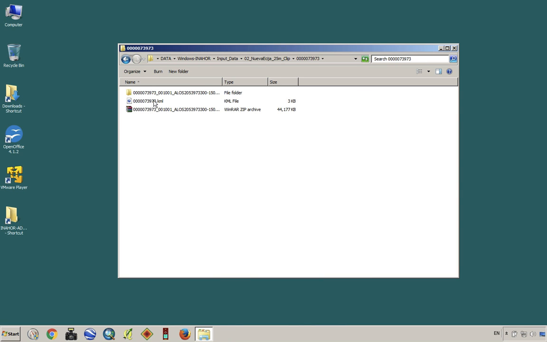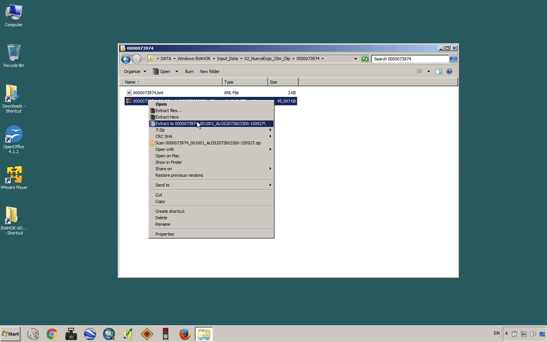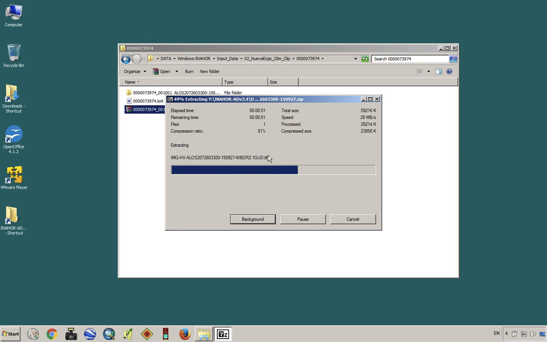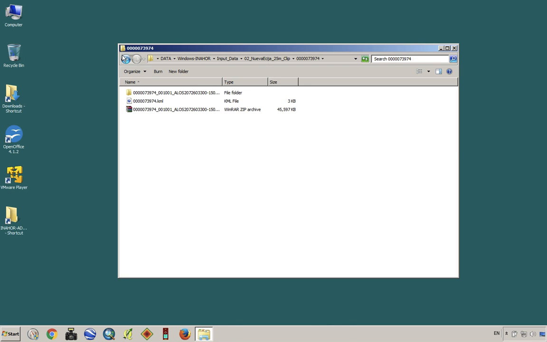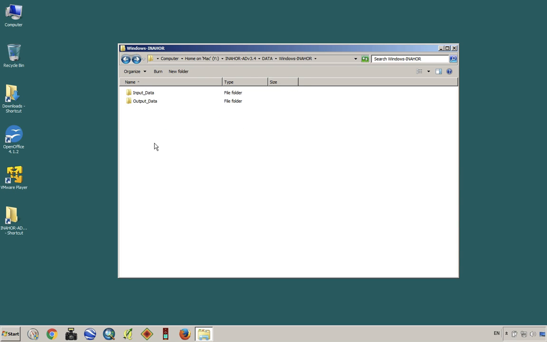Okay, did I forget to do that? No. Let's see right here. Yeah, this one. Extract here. Okay, so we've extracted the files, and now what we're going to do is actually go over to the INAHOR,